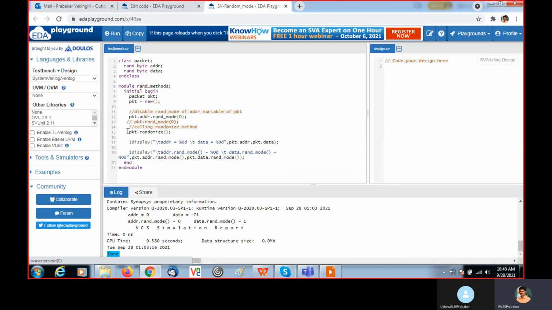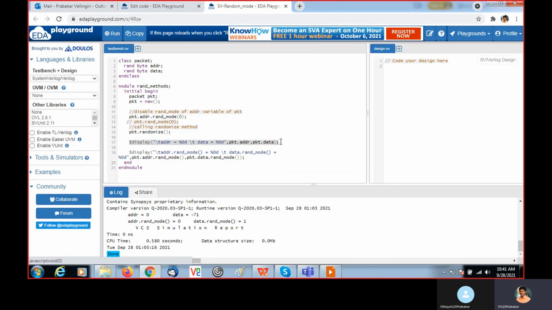Then I randomize this instance with pkt.randomize, so address and data should get randomized values, but I disabled the address randomization with rand_mode, so it will not get randomized. See here, address I am getting the default value, data I am getting some random value.